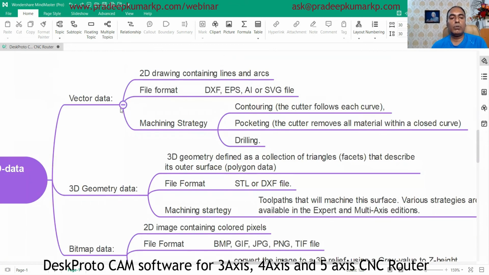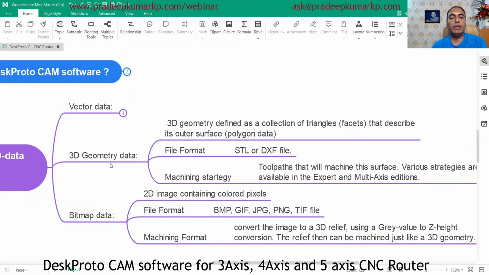In 3D also, if you want to do 3D machining, we have to give a CAD file, a 3D file. You know, the 3D file is a collection of facets that describe its outer surface, that is the surface definition is done with polygon data. So that is a 3D file, and the file format can be STL and DXF, that is acceptable to the software.